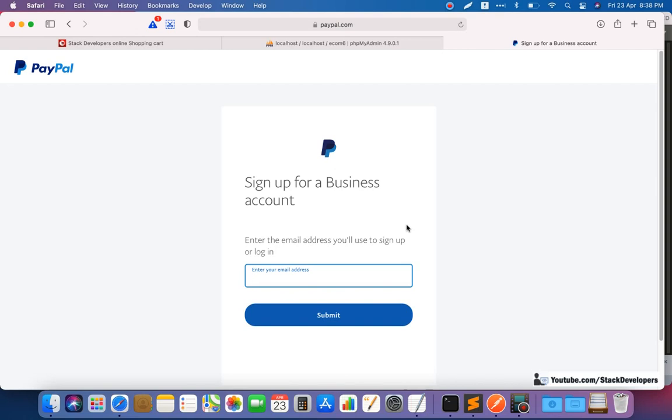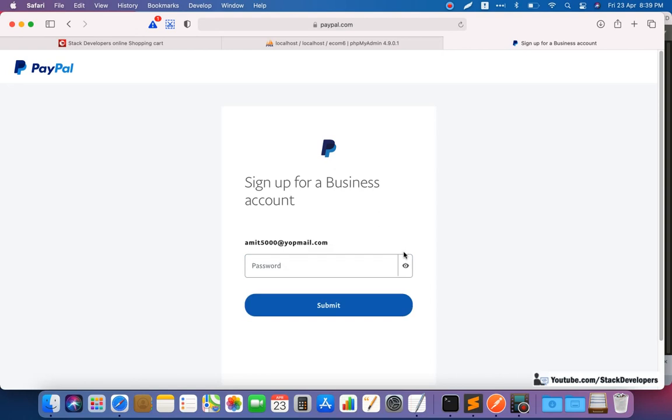So you need to enter your business account email. It's really good if you have a business email, otherwise you can simply enter your email address here. With that email address, it is going to make your account. Make sure the email address is correct, because the confirmation email or some instructions will go to that email. I am going to enter a dummy email like amit5000 at yopmail.com. That email does not exist, but I am just entering it for testing purposes.